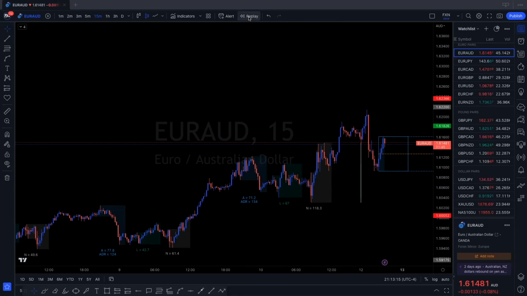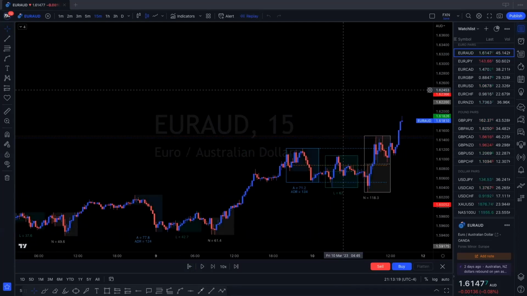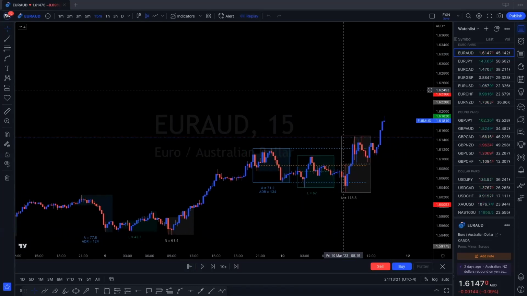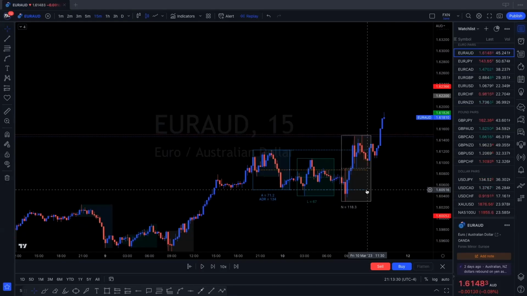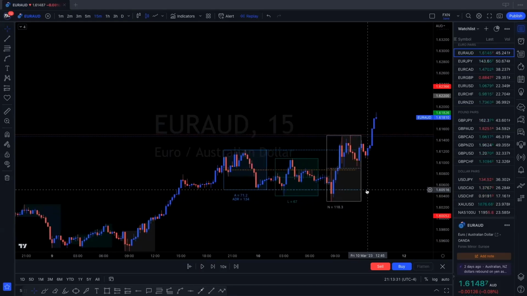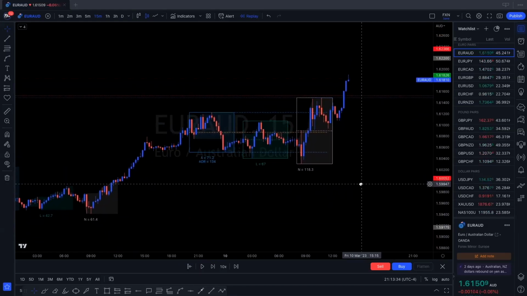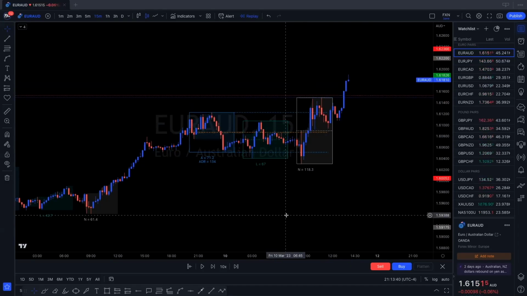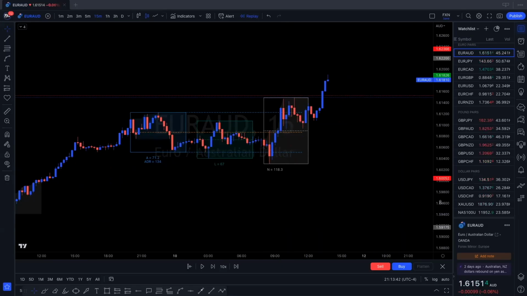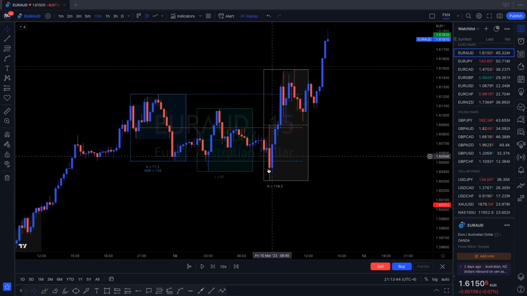And so if you're the type of trader that's going to be upset with the fact that your order did not get hit where you wanted it to get hit because the retracement wasn't deep enough or anything like that, then probably not going to be the best way for you. But if you wanted to place orders, this is an example here where if you got a second leg here,